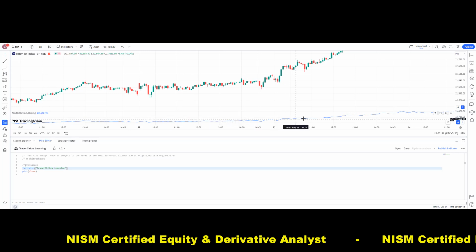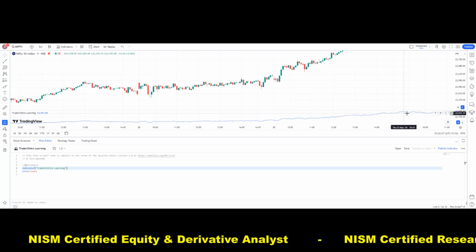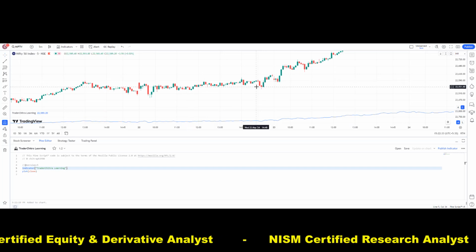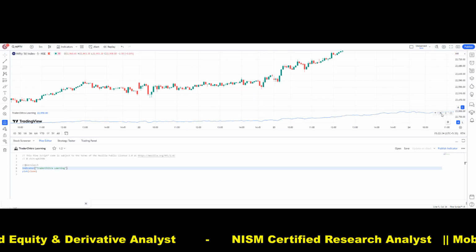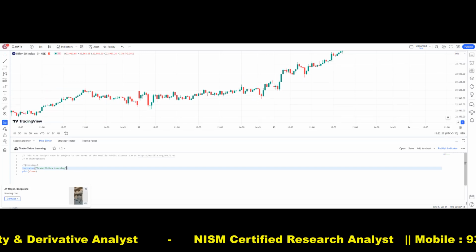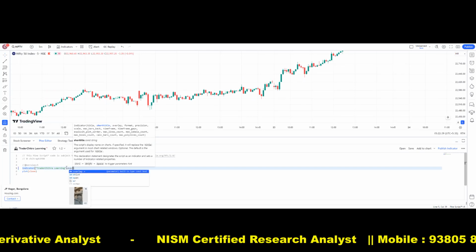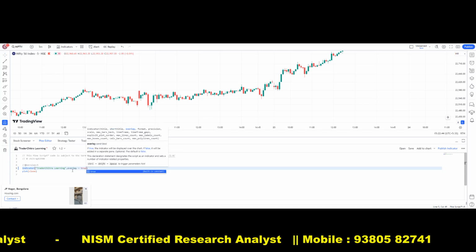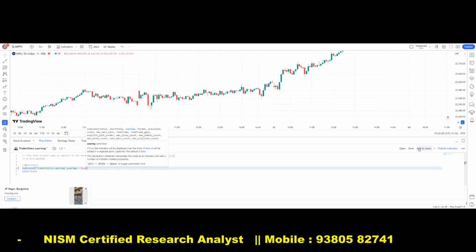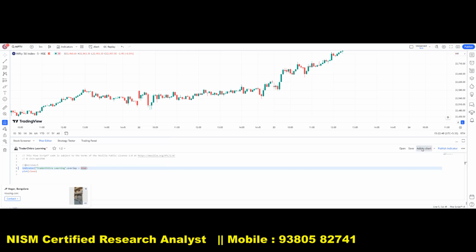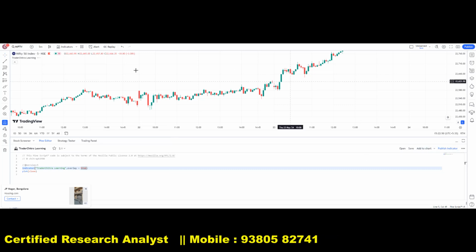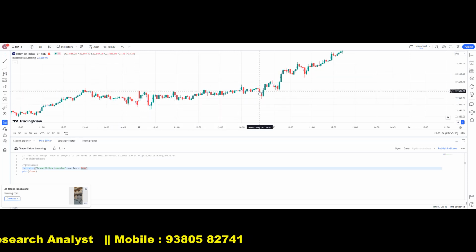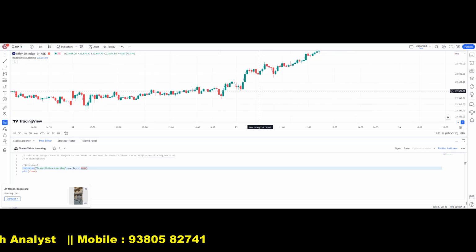We can see that the blue line is the code what we have written. Okay. And if we want this indicator to show on the chart, we have to add one more parameter in the code. That is, we have to go to the coding and add one more parameter, overlay equal to true. All right, and click on save, add to chart. Okay, so now we can see that the particular indicator is inside the candles, that is on the